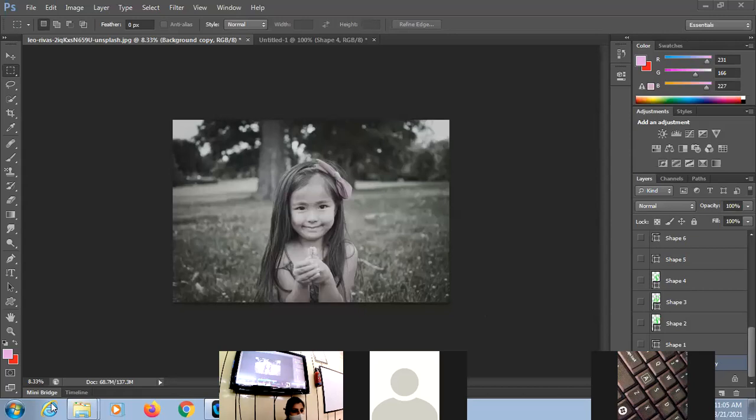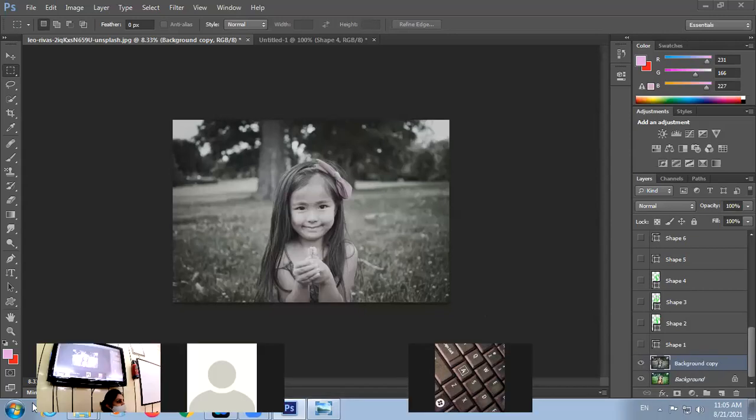Now next, kids, we always told you that you have to work on the layers. Why layers? Now look, whatever effect I applied, my background layer is secure. This was the original one, but I have changed the colors on the background copy. It means I have created a copy, so whatever effects I'm applying are on the copied layer, but the original image will stay as it is. No effect is applied on it.